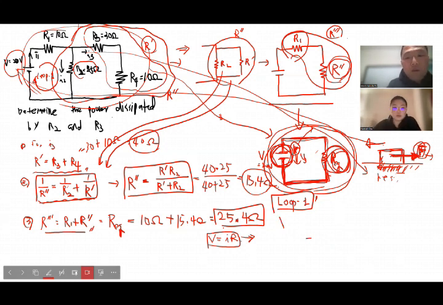The total voltage out of the battery. And as I said, if the loop direction is the same as the current, then the voltage raises the potential,